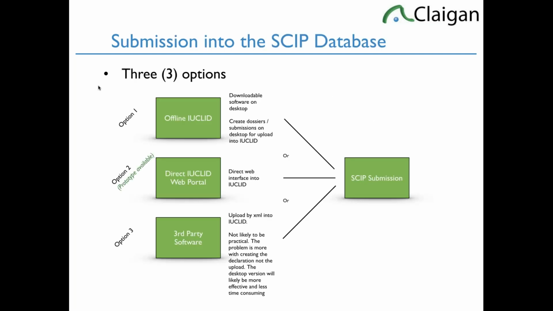So there will be 3 different interface options to submit in the database. Option 1 is you have a downloaded software. In April, this version will be available, the prototype, where you can download it on your computer and create the submissions there. We generally have used the offline IUCLID system for chemical dossier submissions, which is the same system. It's a lot easier just to work on your computer, double check it, review it, control it locally, and